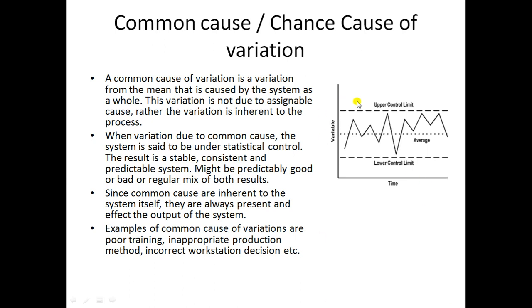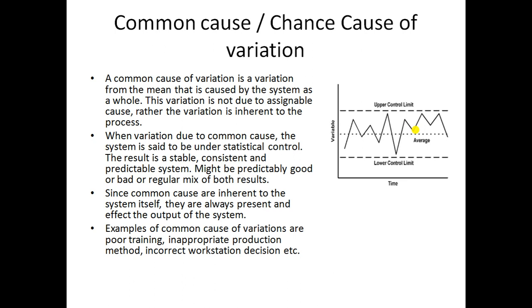You can see in this image there is a variation. It is shown that there is an upper control limit and a lower control limit, and in between there is a dotted line called the system mean or the average line. Based on the average line, you can see the variation, all the data are lying within this limit. So as far as statistical quality control is concerned, yes, the process is under statistical control, because none of the parameters are outside the range. So this is inherent to the system.